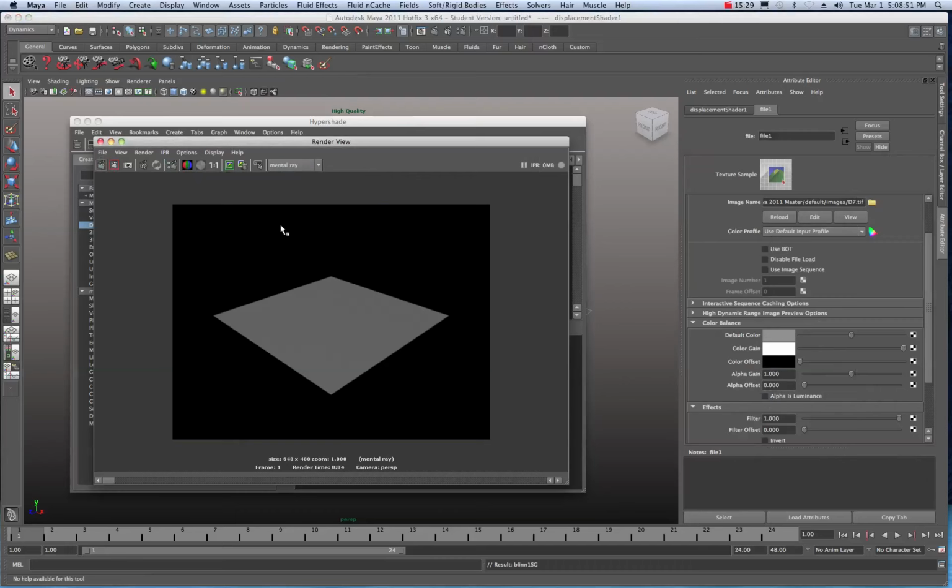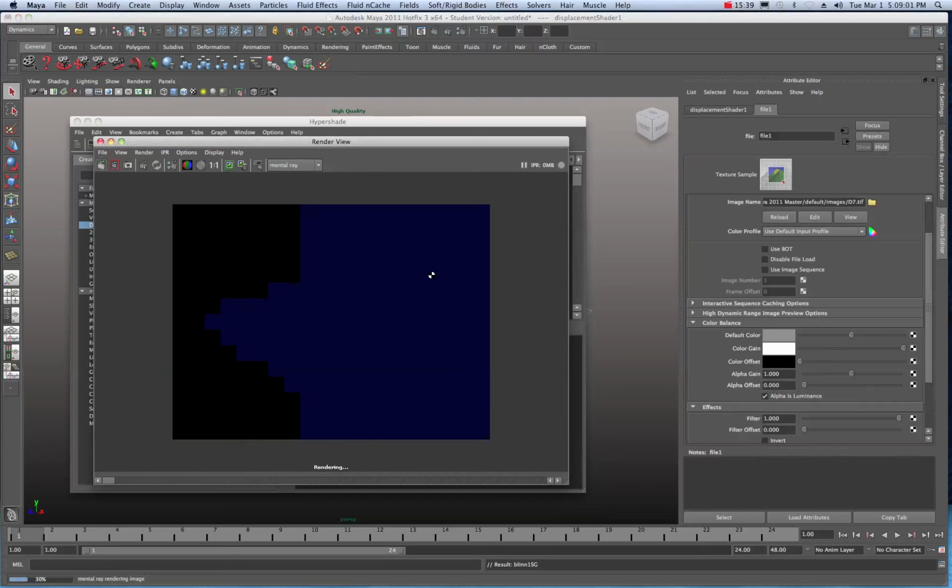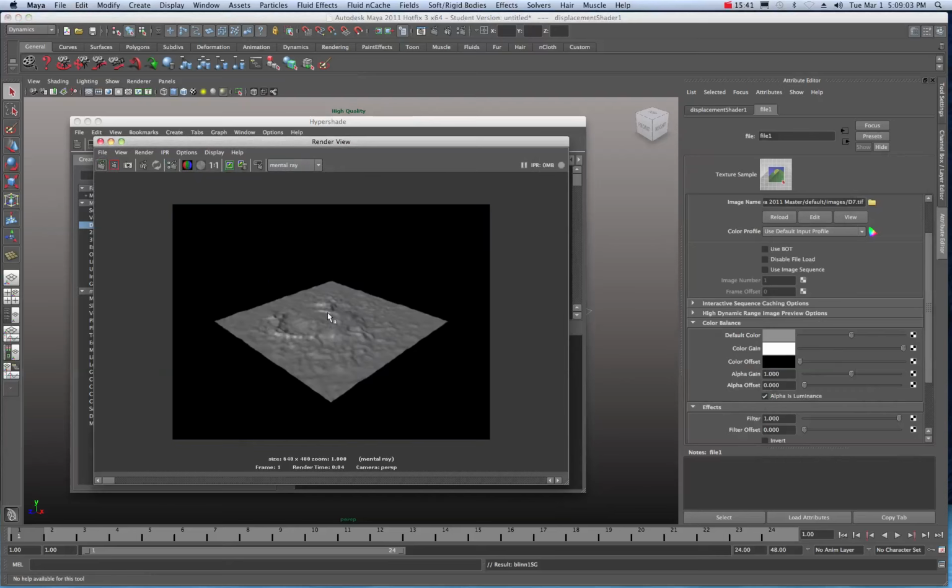Basically that's because we're in mental ray, and we do need alpha is luminance checked if we're working in mental ray and we're working with this type of displacement map. So there it is. Just something to be aware of. You have to look at whether you're on Maya or mental ray and check out your alpha is luminance setting. All right. Okay, so now we're kind of set, but I want to see a little bit more height and